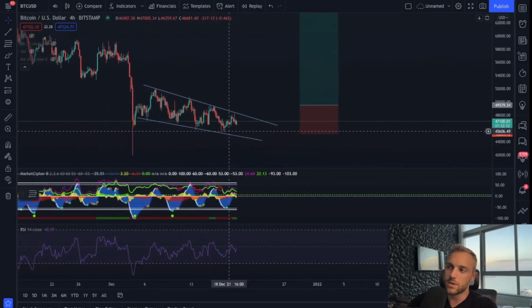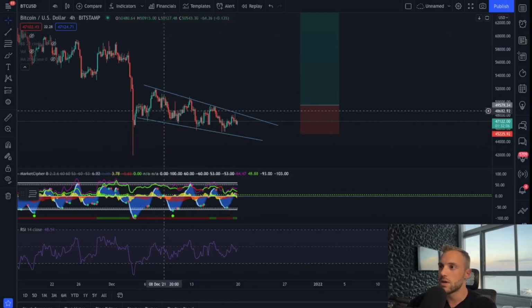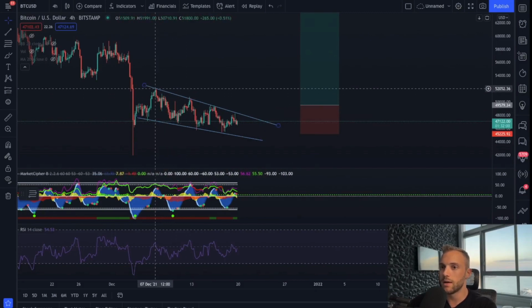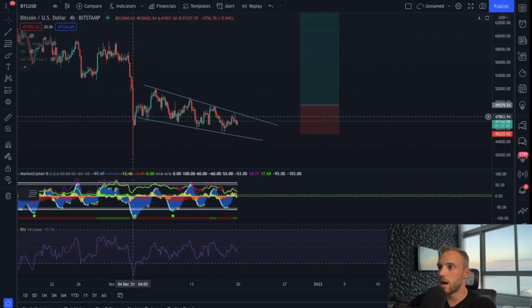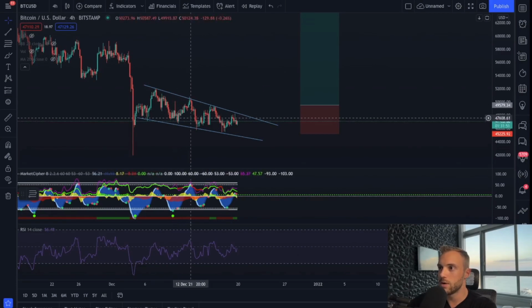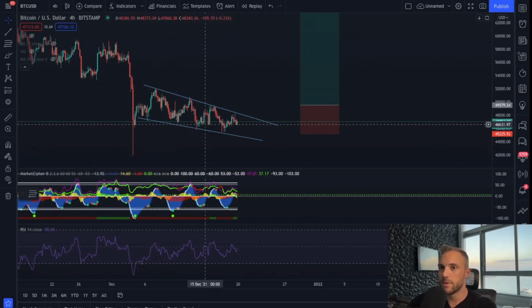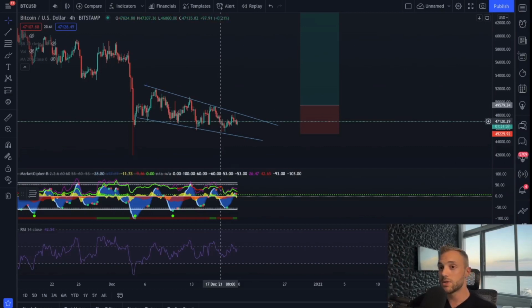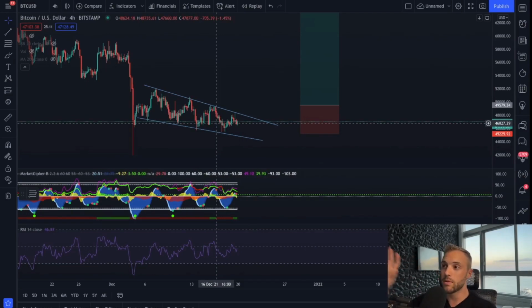So one of the strategies you could implement, which is not really my favorite, but it's definitely viable, is finding these types of zones where you can go long down here at support and then sell at resistance. You usually want like a 2-3, right? So you want like a confirmation here, right? That's one. You've got one up here. Two would be here. This would be the second one, and then the third one. So there's two up here, three up here. So 2 and 3 bounces off of support and resistance, and then you start to trade the zone. So at least you have somewhat of a confirmation, and then you can go long at the bottom of support and exit at resistance.